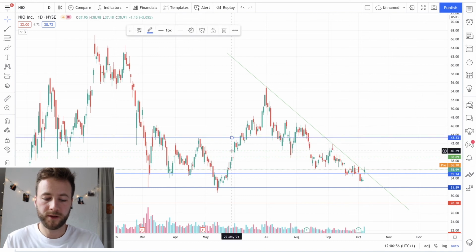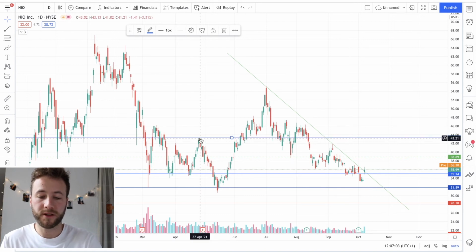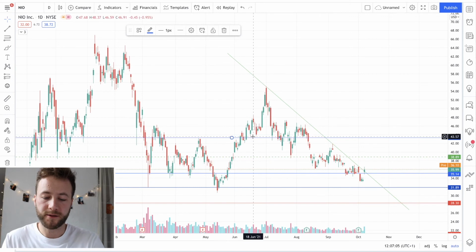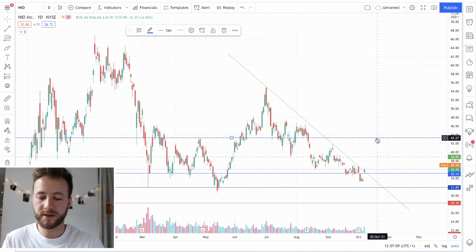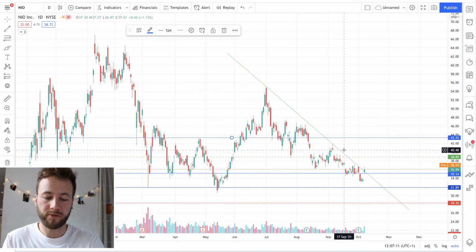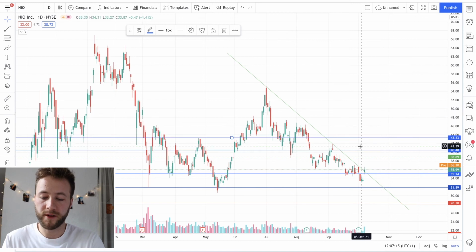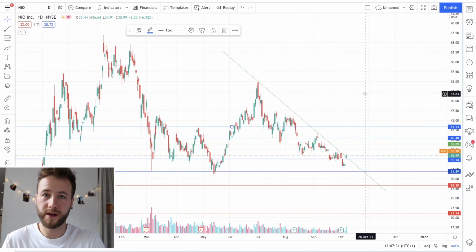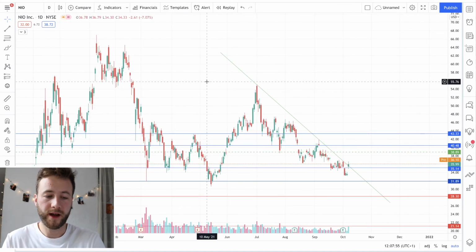So maybe here, because back here is a few touches. And then there's one really important bounce off the resistance here, and then it's used it as support around this period. So we would be looking at 40 plus, definitely. You could probably even draw one around here actually. Let's do that. Around 40, almost exactly 40, and that's a nice 15% push to the upside, and then that would start another trend, and then we could draw another trend line,